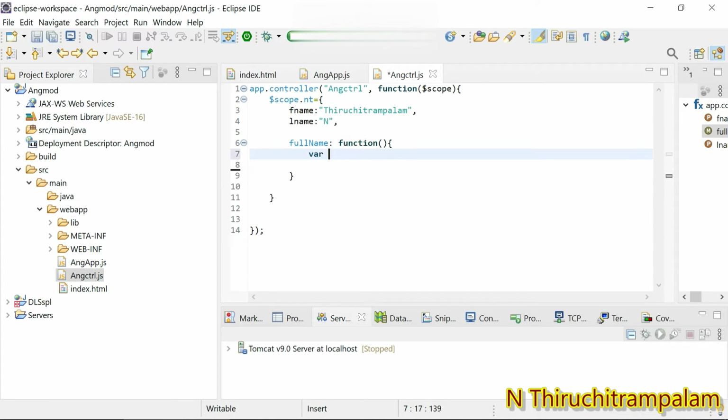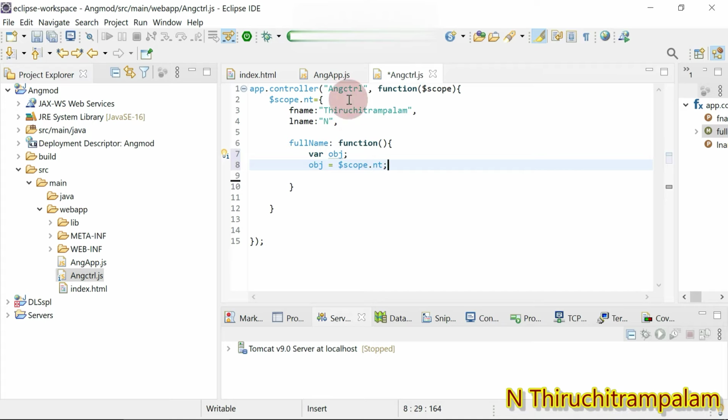I create a variable named obj that's going to hold the object. So in this obj I assign $scope.nt. So this property nt that resides in this scope object has been assigned to this object variable, right?